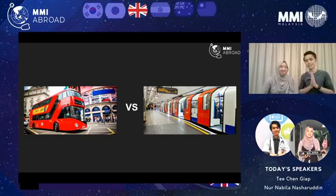Oh yeah, this slide is just for me to emphasize the choice between taking a train and a bus. So that's the iconic London red bus, and that's the underground tube. So you might ask yourself, because when you arrive in London, you have the choice of applying for a season pass for train, or just bus alone. So I was again contemplating which package to get, and eventually I chose the bus season pass. However,